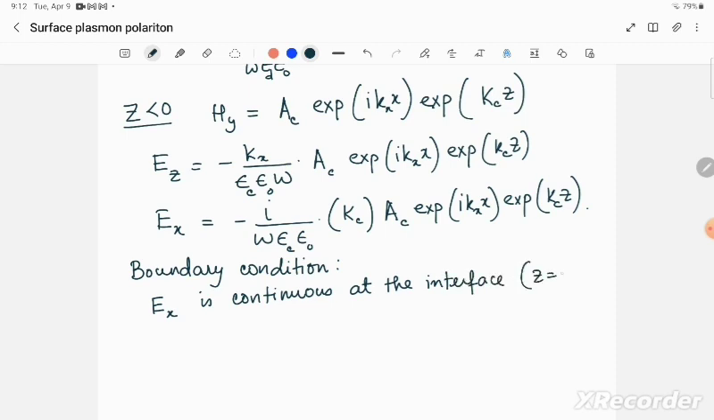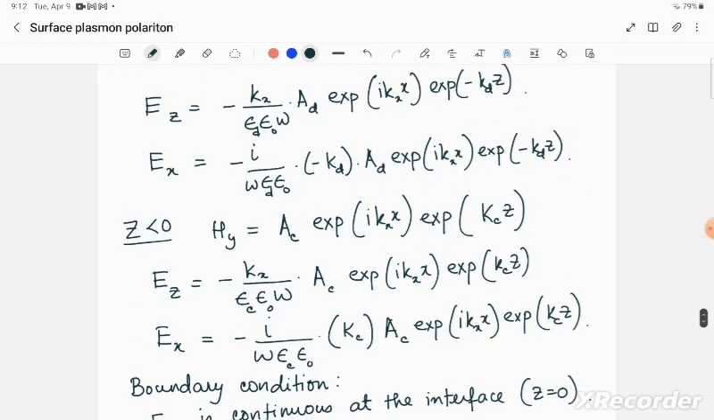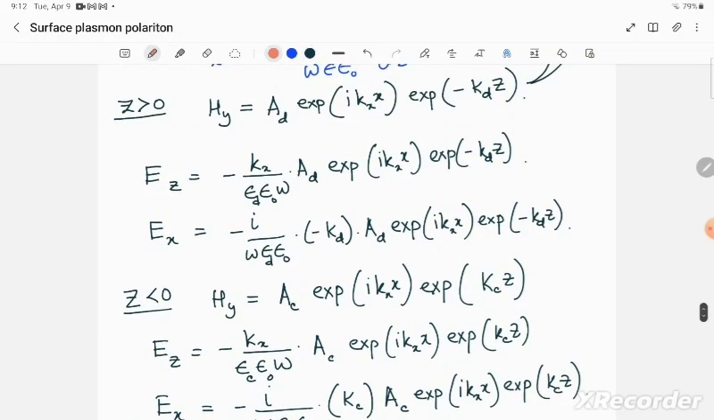Interface means z equal to 0. And the other thing we will consider is that the magnetic field Hy is also continuous at the interface. This is primarily because there is no free current at the interface. So if that is the case, what we will find is, if we equate this relation with this relation